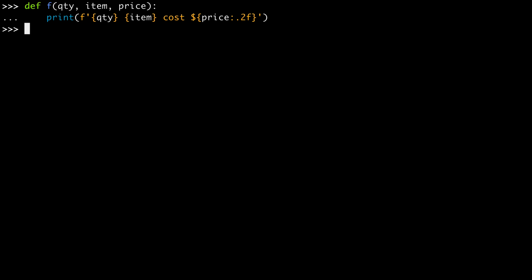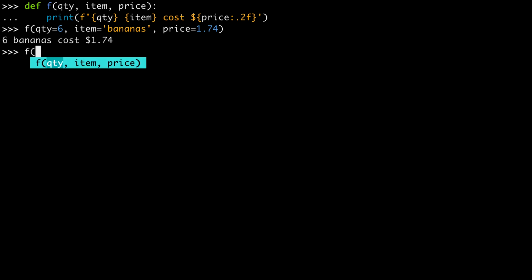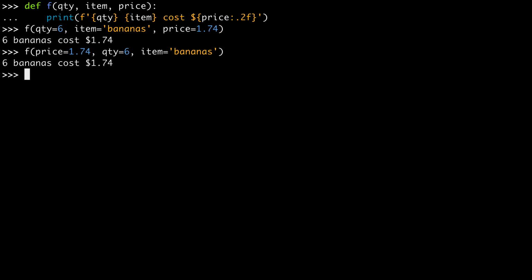So let's use the same function from the last lesson. And now let's take a look at using keyword arguments to specify values. So again, I begin with the function call, but now I want to say quantity equals 6. I want to say item equals bananas. And I want to say price equals 174. So I'm being very explicit about which value I want for each parameter. And if I do that, I don't necessarily need to keep the parameters in the same order. Because I am, again, specifying what I want the value of price to be. I'm specifying what I want the value of quantity to be. And I'm specifying what I want the value of item to be. So when we make this function call, the appropriate values are used for their respective parameters, and the function behaves